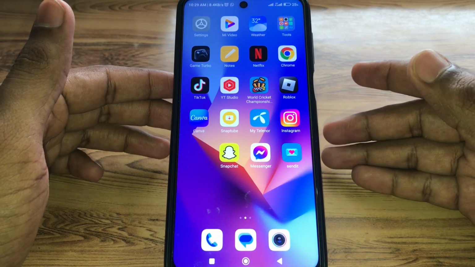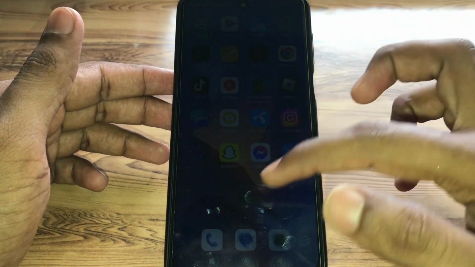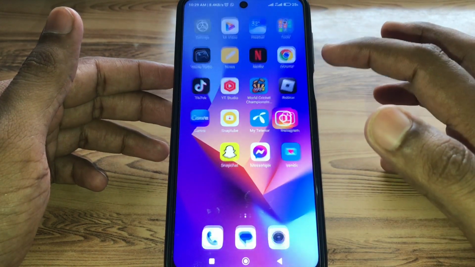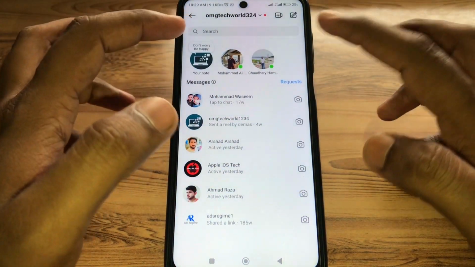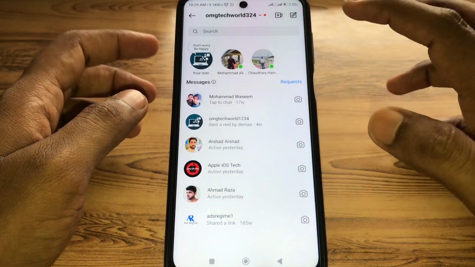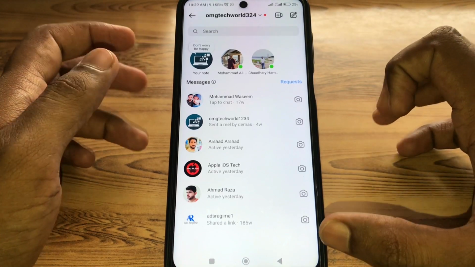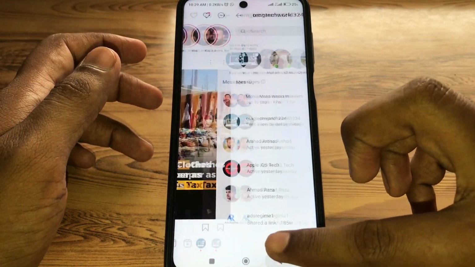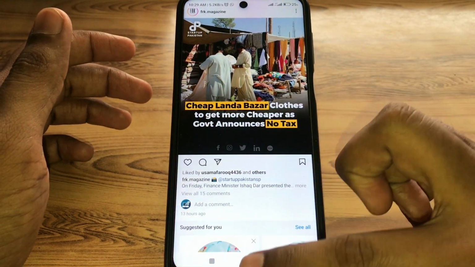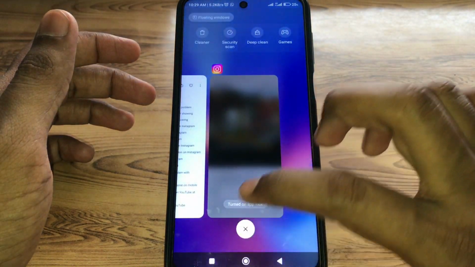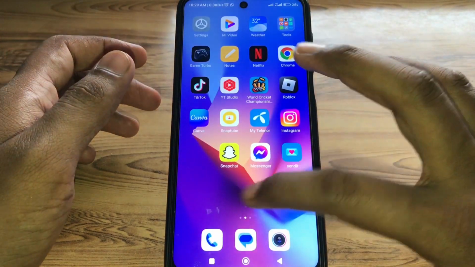Today we're going to discuss how to fix the Instagram notes feature not showing. For example, if you open Instagram and you see this kind of feature, the notes feature, as you can see I am having, and if you do not get that notes feature or it is not showing, then how you can fix that? First of all, what you have to do is simply close Instagram, and after that,